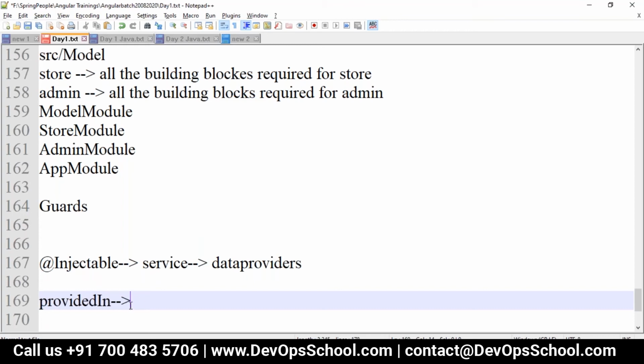By default it is root. If it is root, it will be the application level injector in most apps.